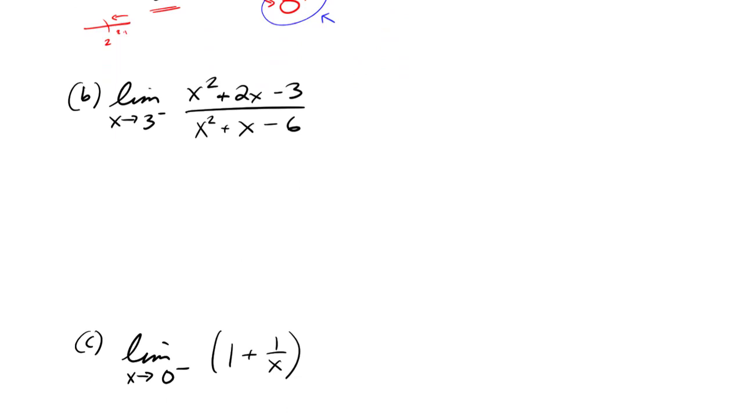All right, let's look at this one in B here. X approaches 3 from the left of x squared plus 2x minus 3 over x squared plus x minus 6. All right, so again, a first approach to any limit could be plugging it in. If I plug in 3 to the numerator, I get 9 plus